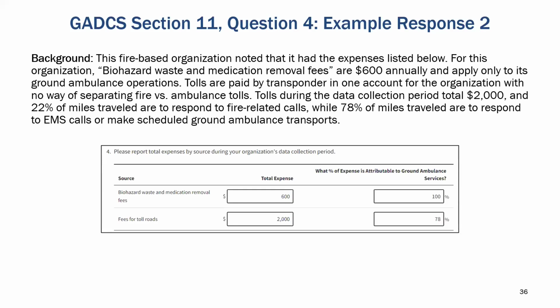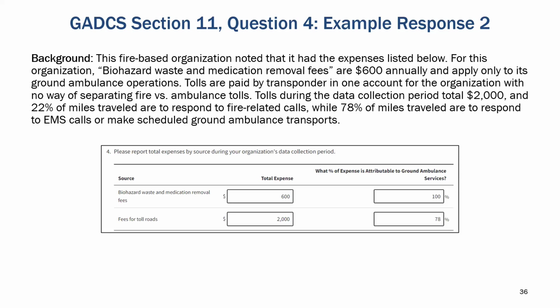This slide shows a different example. This fire-based organization has two other costs: biohazard waste removal and toll fees. The biohazard waste removal only applies to the ground ambulance services, so the total cost is reported with 100% of this cost attributable to ground ambulance services. The cost for toll fees is shared with fire services.